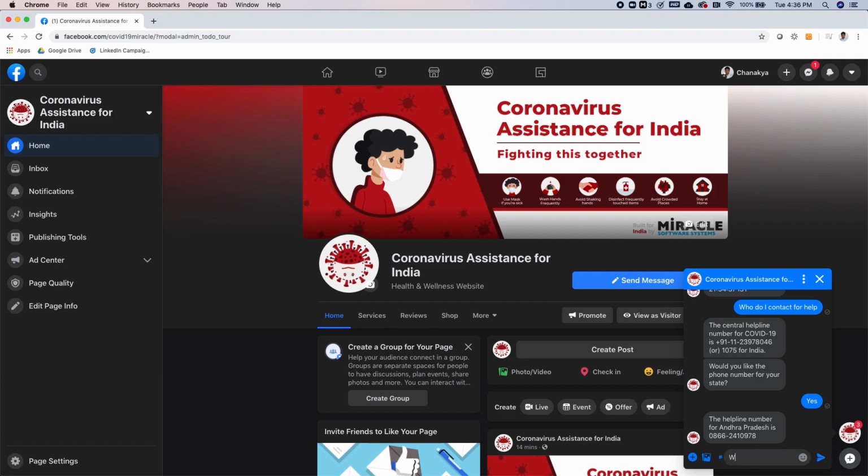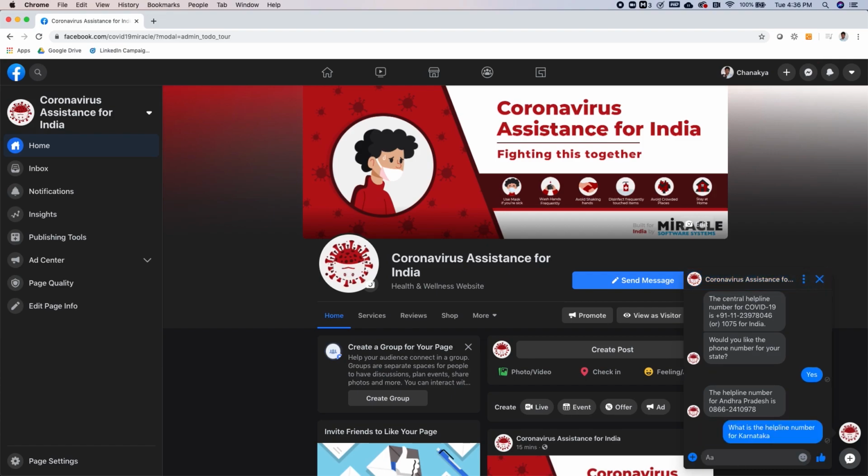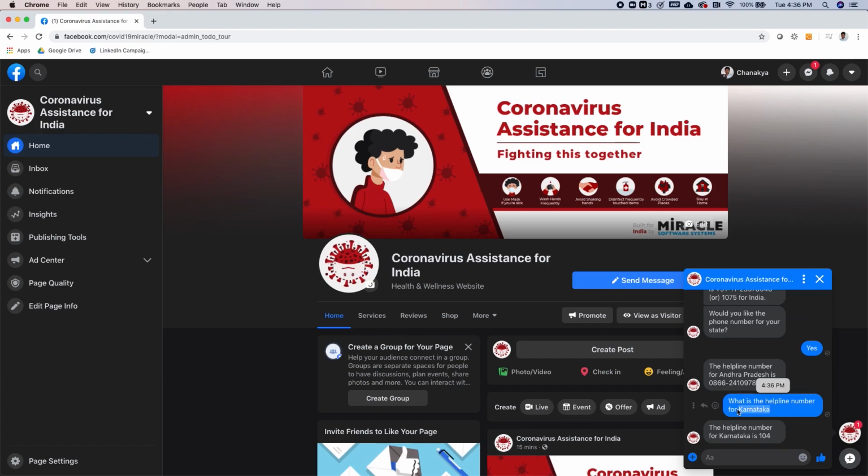I can also go ahead and say, what is the helpline number for, let me say, Karnataka, and it'll be able to pull that number for me based on this entity. So this is the chatbot. It helps users easily find information around COVID-19, whether it's symptoms they want to know, helpline numbers, case counts, any other frequently asked questions, as well as the testing centers available